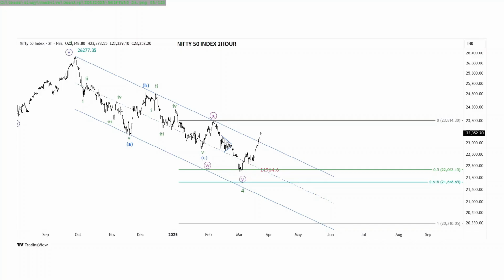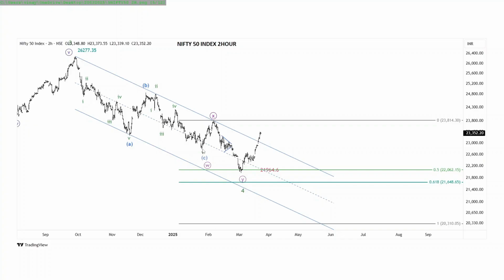Here, if you label it as C wave, then C waves are impulse waves and you should count it as an impulse. But this wave cannot be counted as an impulse. It is a three wave affair where A, B, C subdivisions are visible on the charts, since B wave has traced out a triangle, and this rules out the impulsive nature of this last leg. So this is counted as WXY.